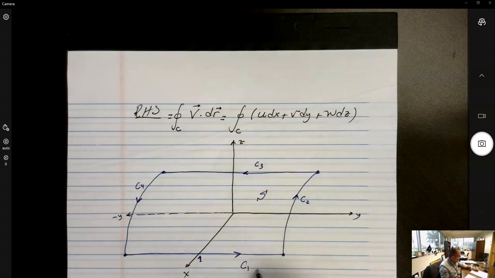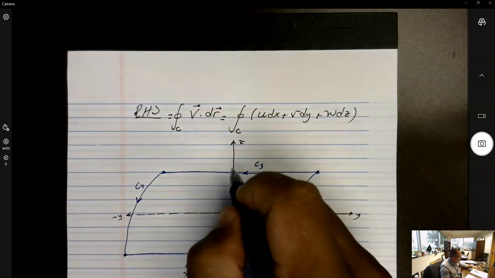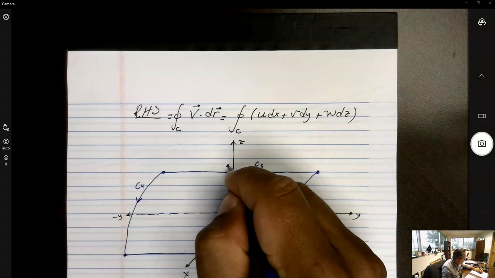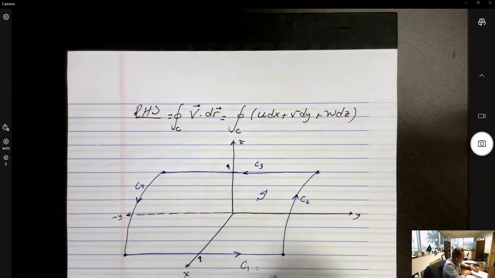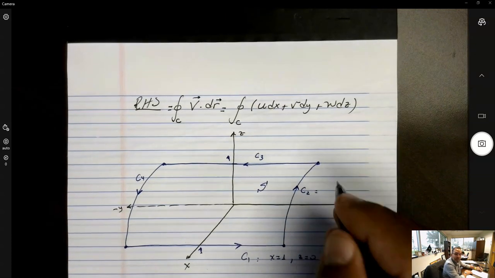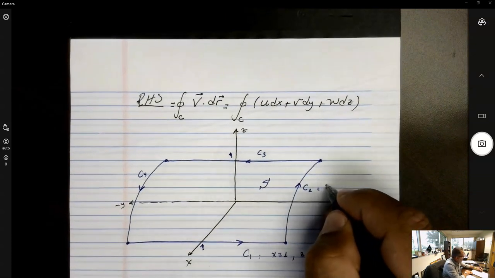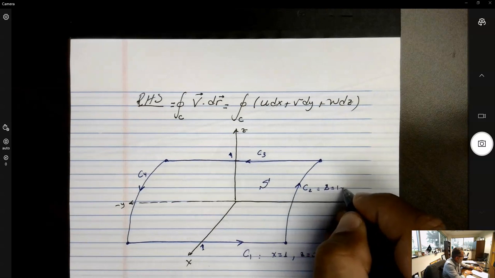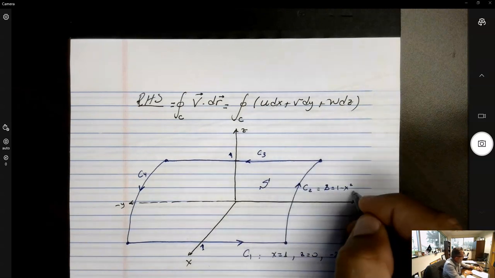So along C1, x is equal to 1, z is equal to 0, and y goes from -2 to 2. Along C2, we have z is equal to y minus x squared, and